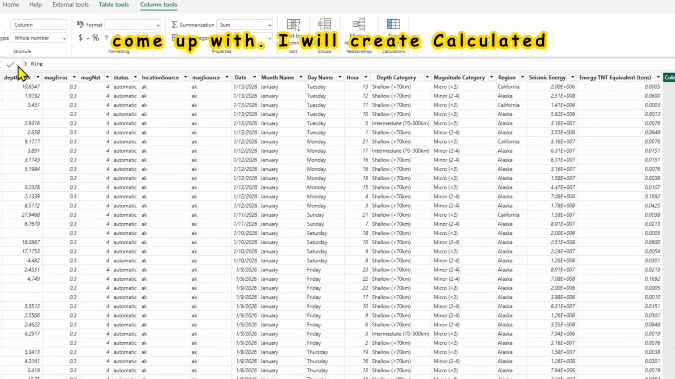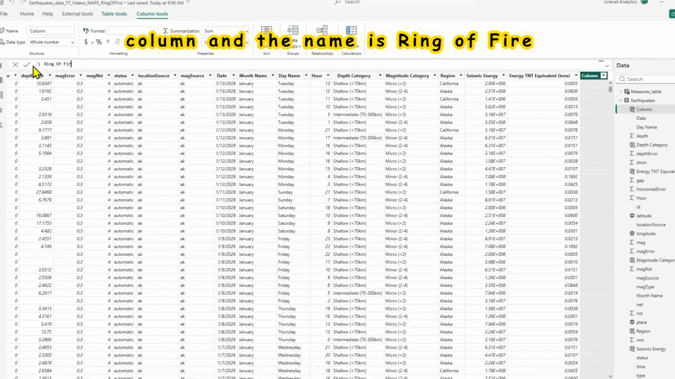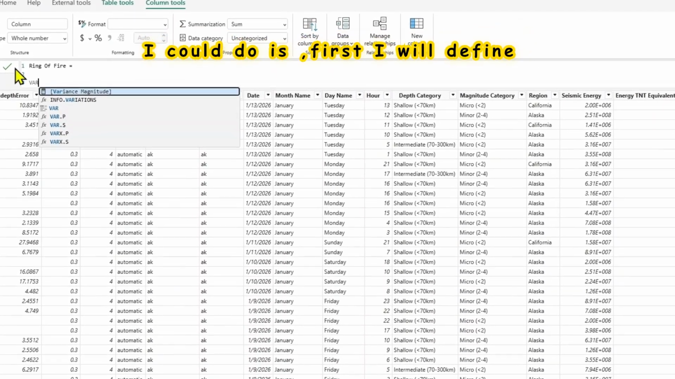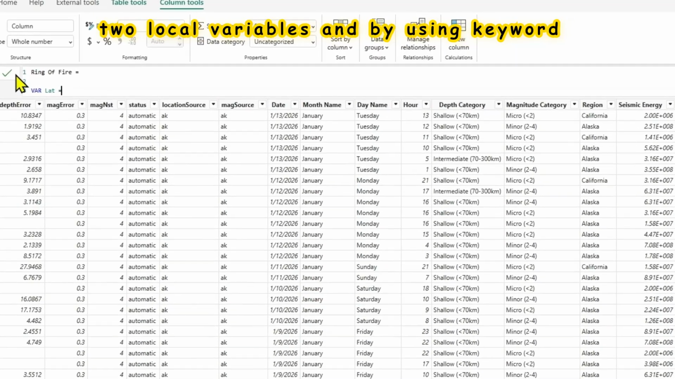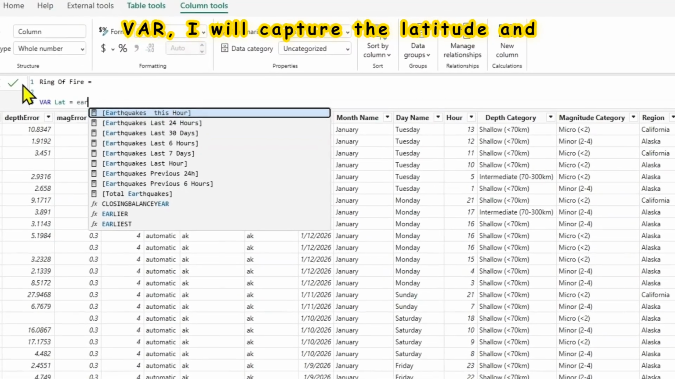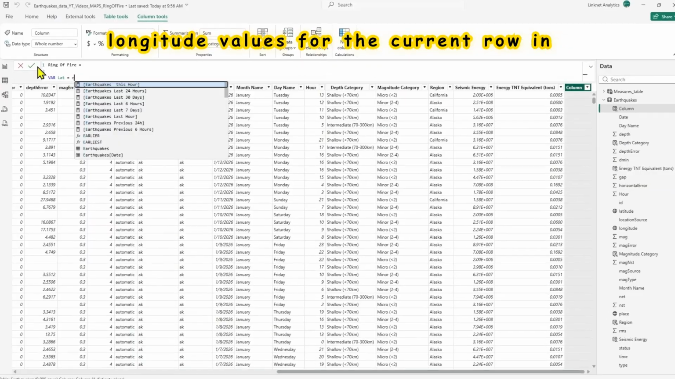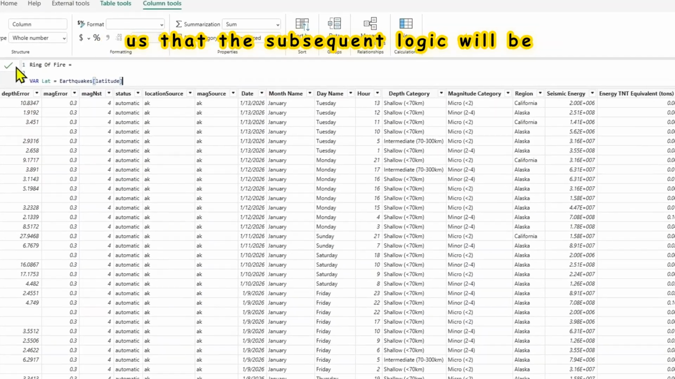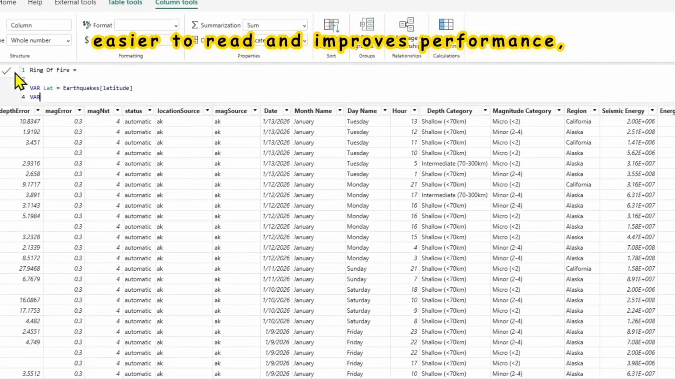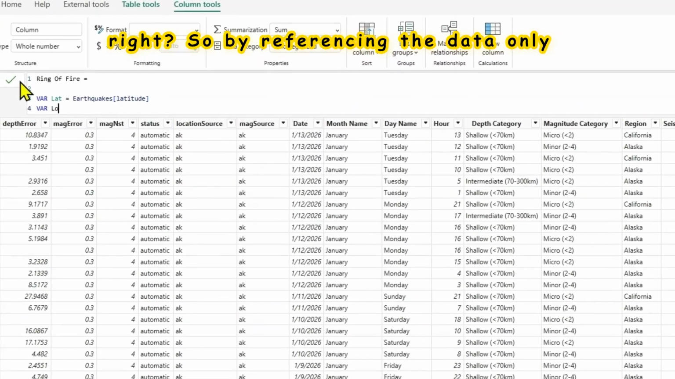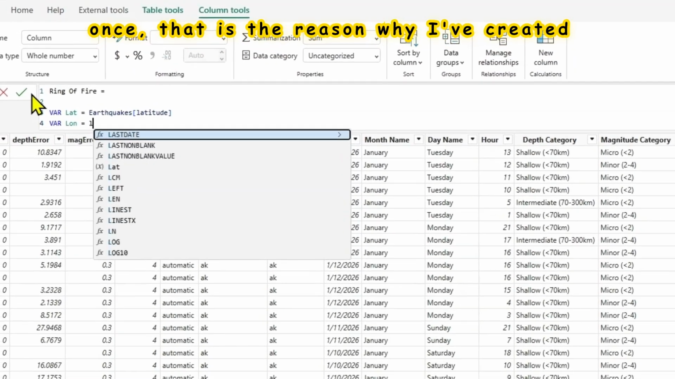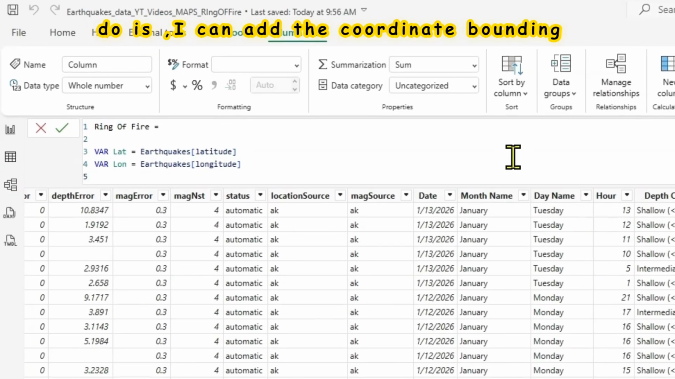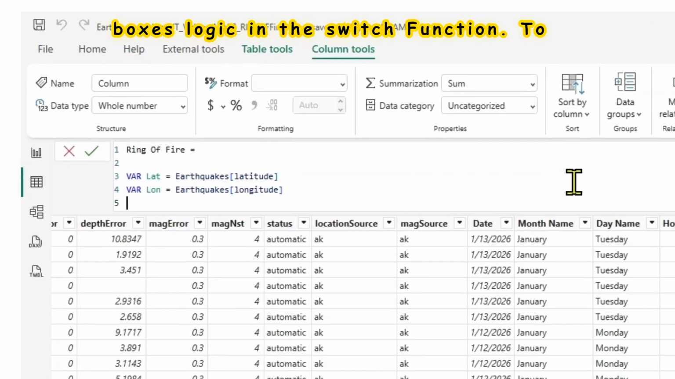I will create a calculated column, and the name is ring of fire. Ring of fire is equal to, what I could do is first define two local variables. By using the keyword var, I will capture the latitude and longitude values for the current row in the earthquakes table. By creating these two variables, the subsequent logic will be easier to read and it improves performance, right? By referencing the data only once, that is the reason why I've created these two variables, variable lat and variable long. And in return, I can add the coordinate bounding boxes logic in the